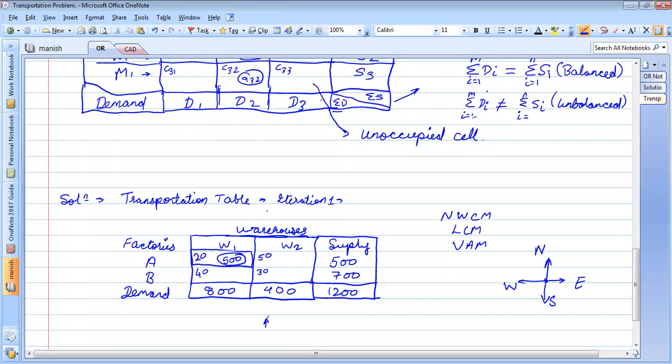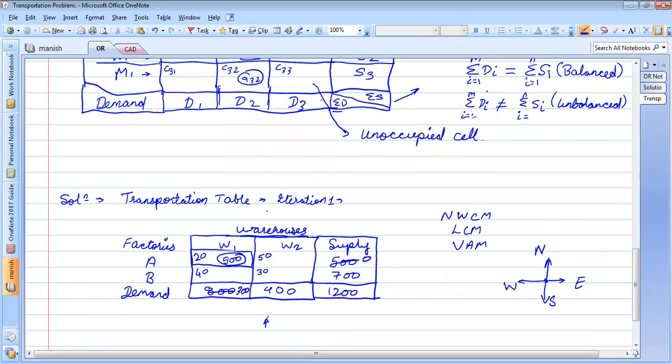So I will subtract this. This becomes 0, correct? 500 minus 500 will become 0. And this 800 will become 300, isn't it? Correct?